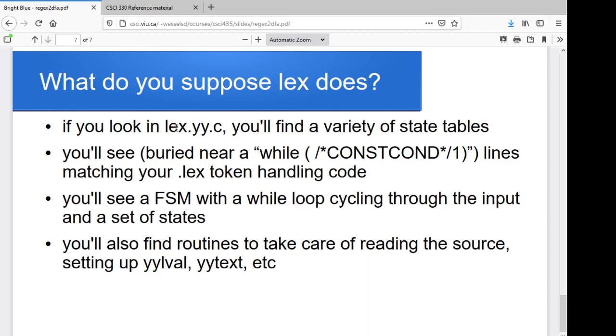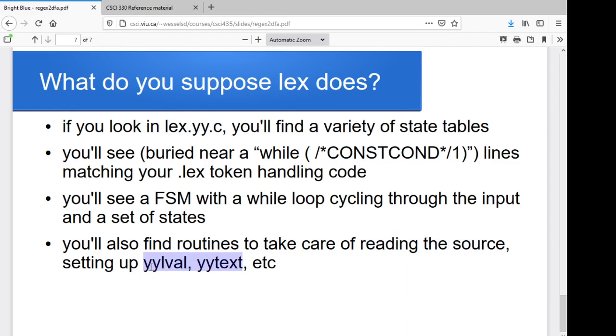Now, if you're interested, you can start browsing through, when you do your make on your Lex and Yacc files, you'll see that one of the things it produces is lex.yy.c, and this is essentially the tokenizing code, the scanning code that it's producing. And if you start digging in, you'll see a finite state machine buried in there with a while loop that's cycling through the inputs and a set of states. You'll see code in there to read the source code, and as it's going through identifying tokens,